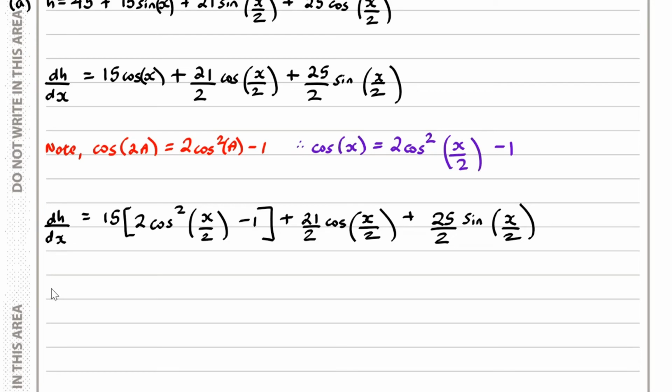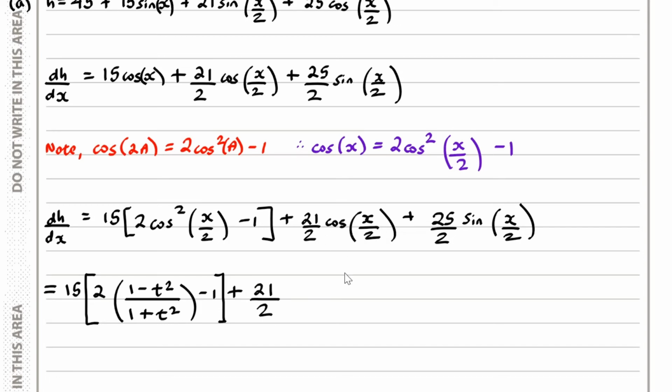So we can hopefully see that dh over dx is equal to 15 lots of, well, if I write this in a big bracket, we have 15 lots of 2 times, well, cos of x upon 2 in terms of t, we have 1 minus t squared over 1 plus t squared. Okay, and then we minus 1. So that's that term. And then we have 21 over 2 lots of cos of x upon 2, so we have 1 minus t squared over 1 plus t squared, and then we have minus